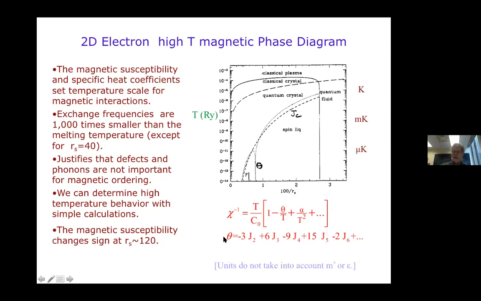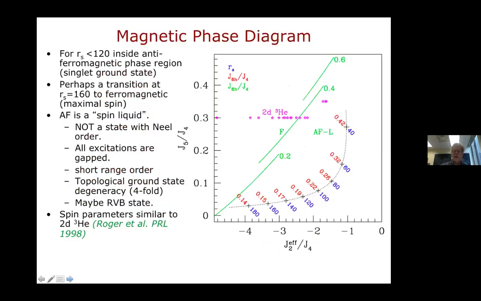And here again is the Curie-Weiss temperature, which for a two-dimensional hexagonal lattice has this form in terms of J2, J3, J4, and so forth. Based on exact diagonalization, we think it might be a candidate for a spin liquid. And this would be the critical temperature. This is based on a diagram which